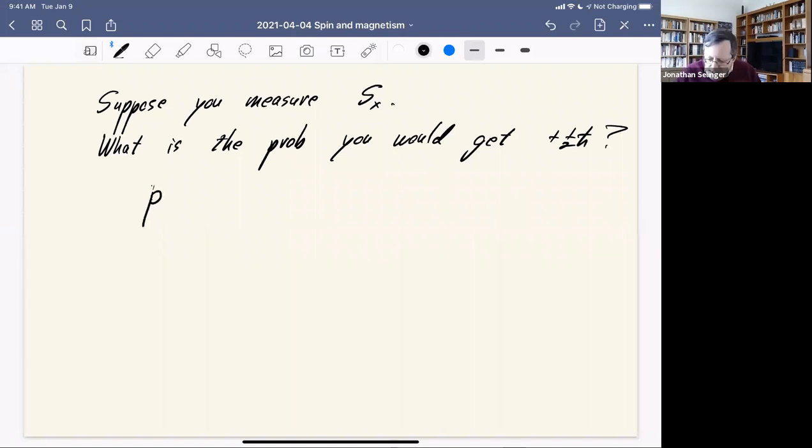So the probability is the magnitude squared of an inner product between the state chi and the state with Sx equals h bar over 2. Right? And so the state with Sx equals h bar over 2,